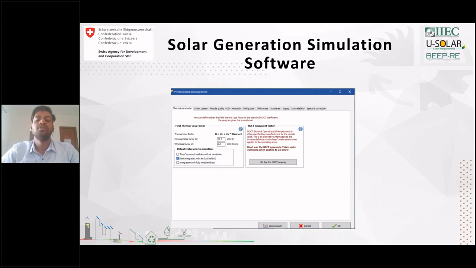In most states it goes around 45 and even 50 degrees Celsius in the summer season. So due to this, there are temperature losses, which are generation losses due to these high temperatures, and basically this has to be defined, and there are various other options where we define this